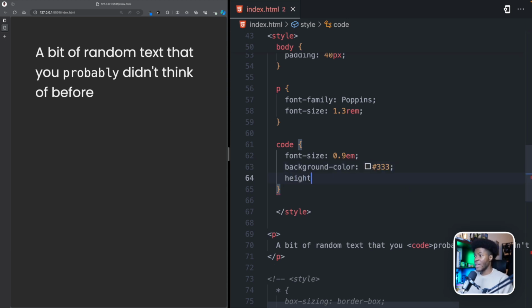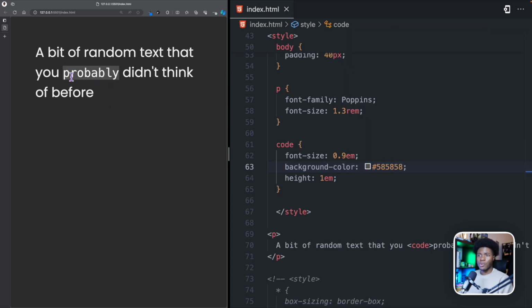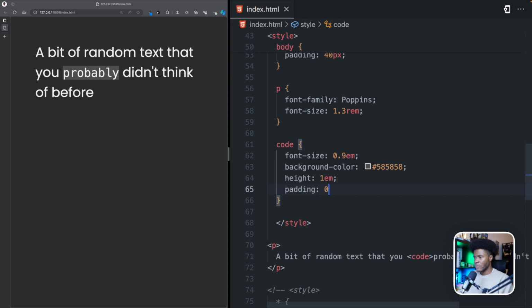And this should have a height of 1 EM. So it's going to be as tall as the font size. I want to make this slightly light. So this is going to look something like this. And then I can also have maybe a padding of 0.2 EM, something like this. And this is going to